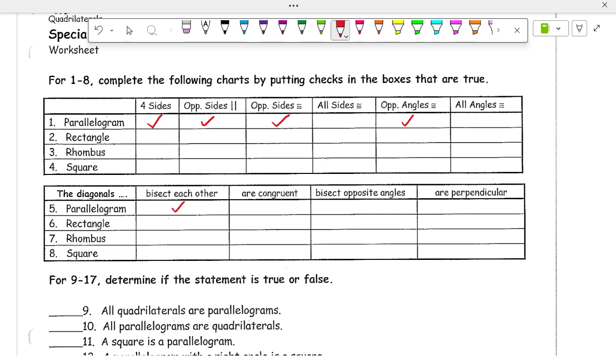So again, you might want that journal entry out because that will help you. Literally went over all of that yesterday. Rhombuses are the same as parallelos. So except for